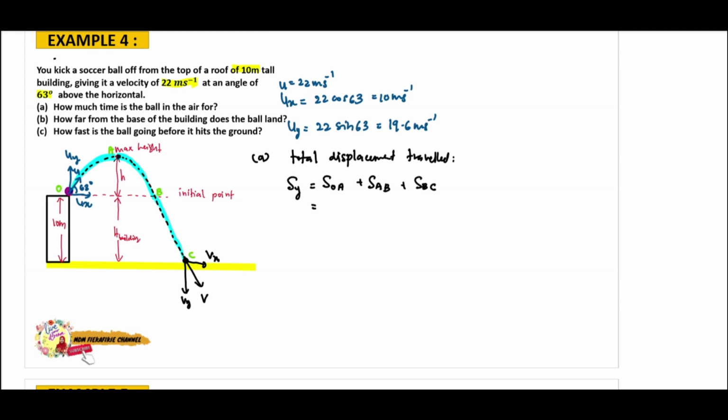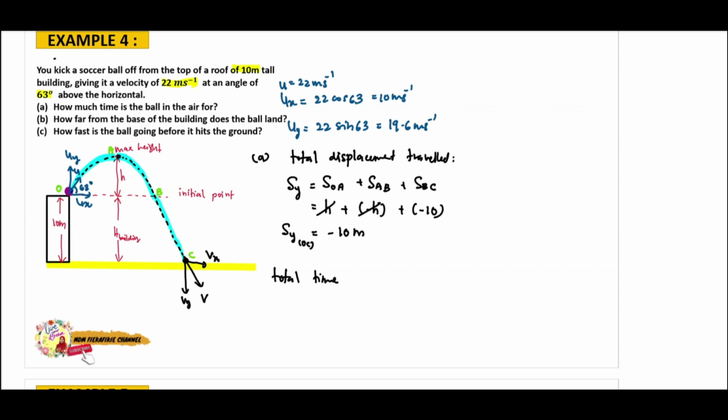Okay, so bila saya masukkan kat sini, dia akan jadi H, positive H, plus negative H, plus negative 10. Okay, so this one we can cancel. So the total displacement travel by the ball from O to C adalah negative 10 meter. Okay, and to find the total time,